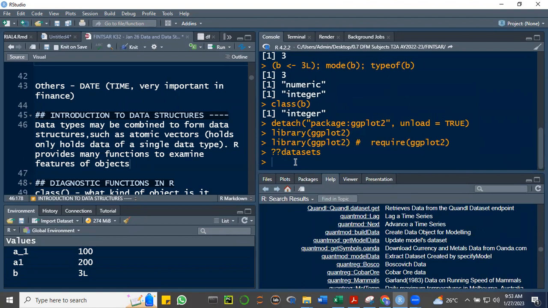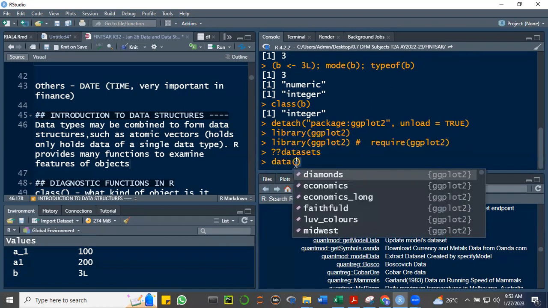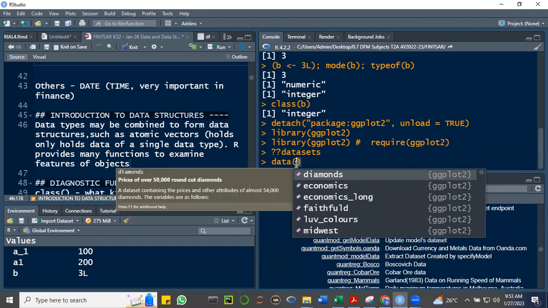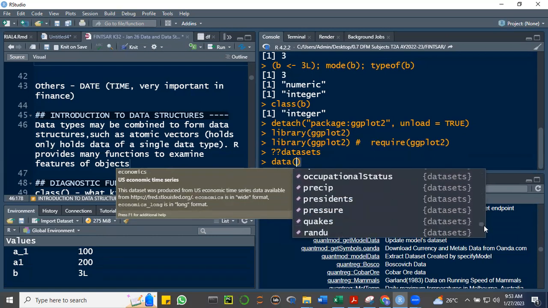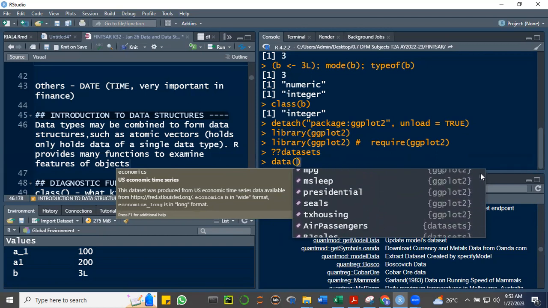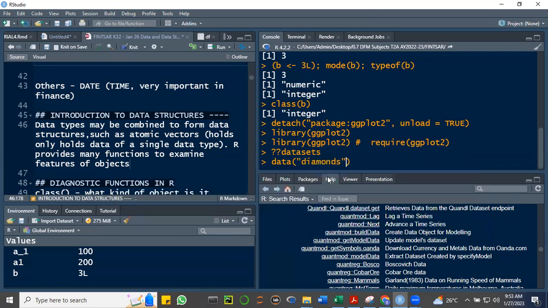Now that we have learned that R has with it several data sets that we can use for analysis, let's get one. How do you load a particular data set? Here I type data, and you notice these are the data that can be loaded coming from different packages. Let's use diamonds. So how do you load a particular data set? data and then in quotes, diamonds. If I enter this, control enter,